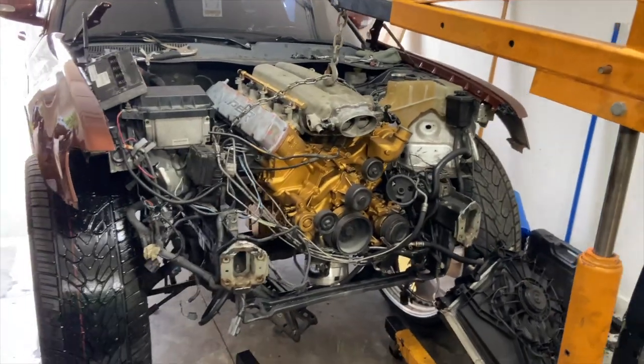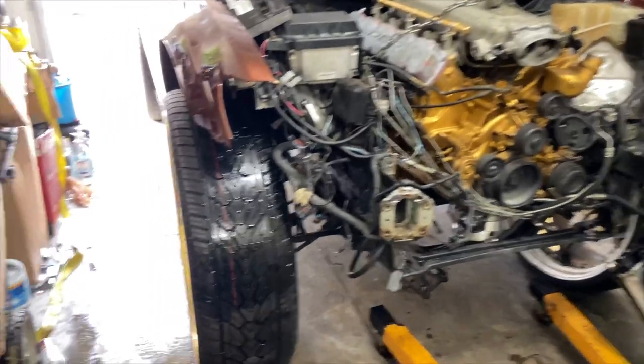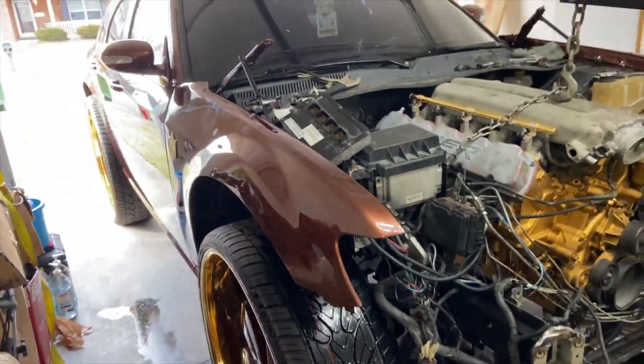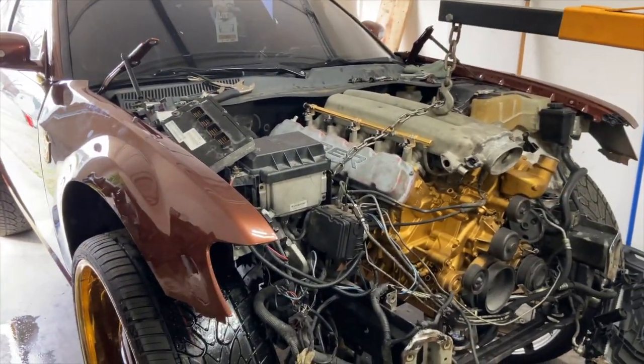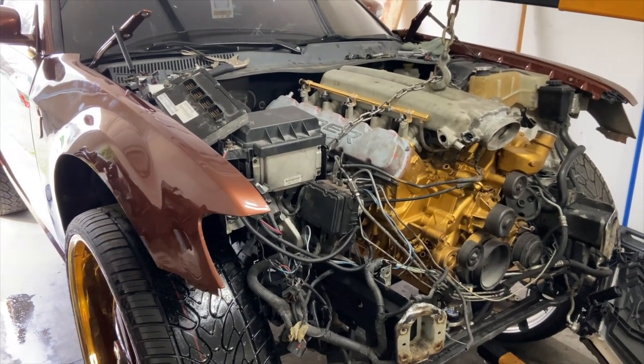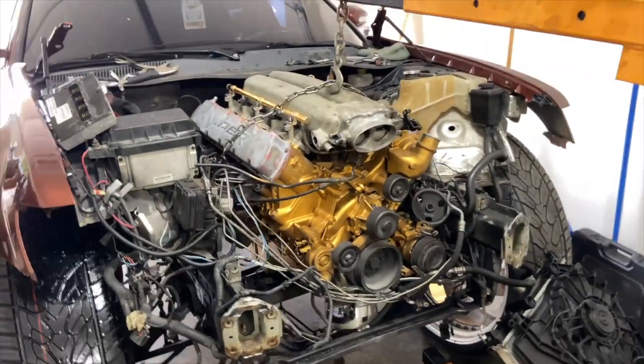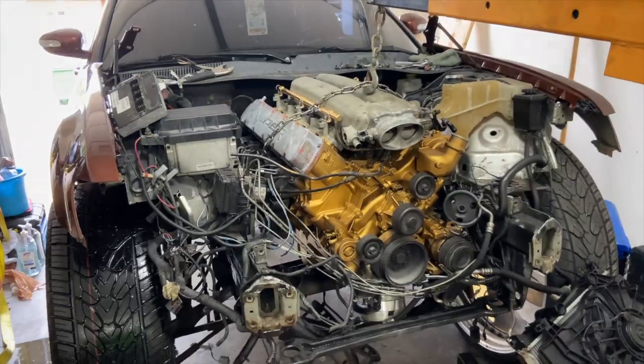I'm back with another episode. I've been doing some work but not recording, just to see if this is gonna work. So this is what it comes down to. I did some research on YouTube. It's a 300 and a Challenger, and we have the same body frame, and they got it to fit. Now the Challenger did something different. He took out the cradle